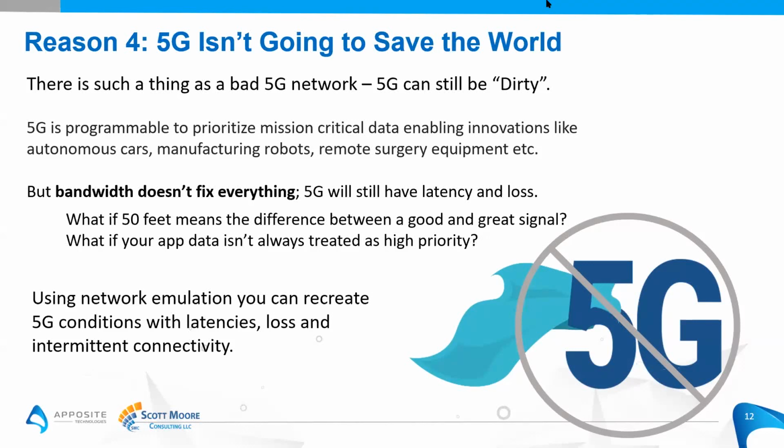Well, just recently, Forbes did a study and found that the average speed of 5G is around 130 megabits. So everyone who's dreaming that they're going to be getting a full gig, they can keep dreaming. But it's true. 5G can and will see large latencies. It's still going to see jitter. It's still going to see loss. And you're even going to have micro outages as well. So everyone who thinks 5G is going to save us from all of this pain, it's not. You're going to see the same issues you see on any network that has latency, jitter, loss, and outages.